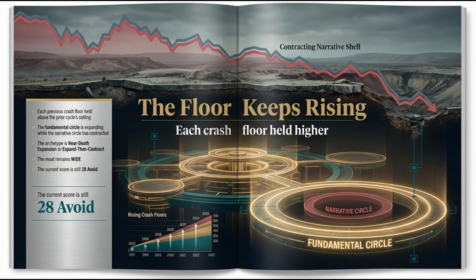You cannot pay out returns to investors using a theoretical fundamental circle. The composite score correctly penalizes the asset for dead money duration. But stock B perfectly exposes the explicit limitations of relying solely on a static composite score. The 28 avoid tells you exactly what to do now. It prevents immediate capital destruction. Which is its job. But the concentric circles, combined with our trigger alerts, tell you when the dynamic will ultimately shift.